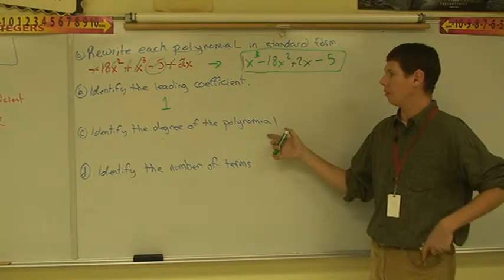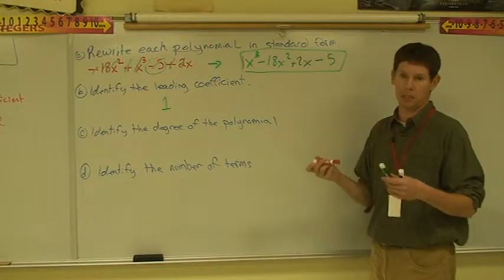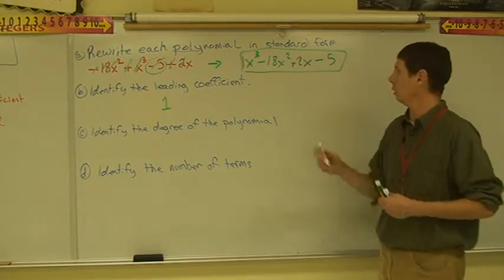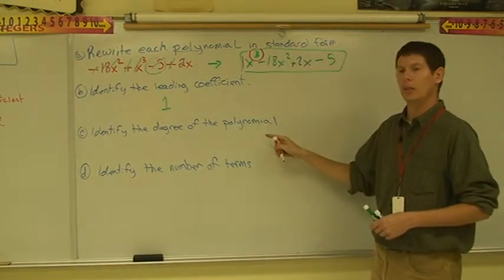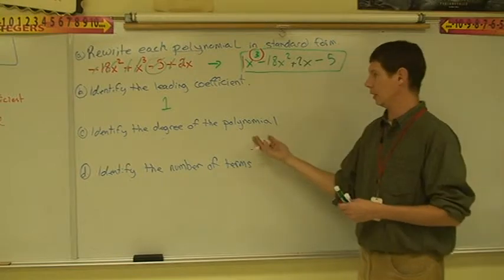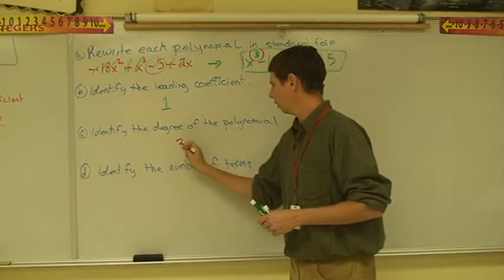And the degree of the polynomial is the degree of the highest single term, or the highest monomial. So when we look here, our degree is 3, so when they ask you to identify the degree, we would say the degree is